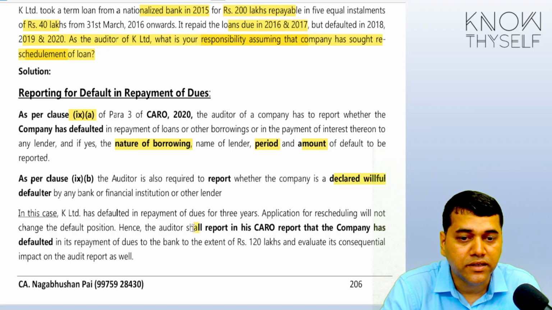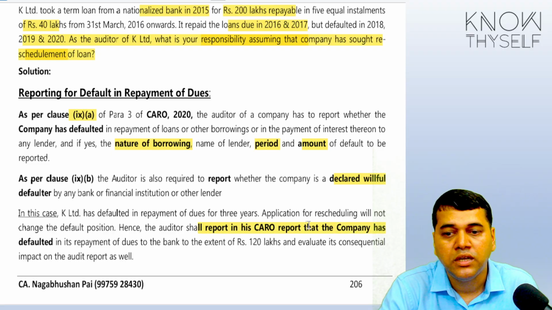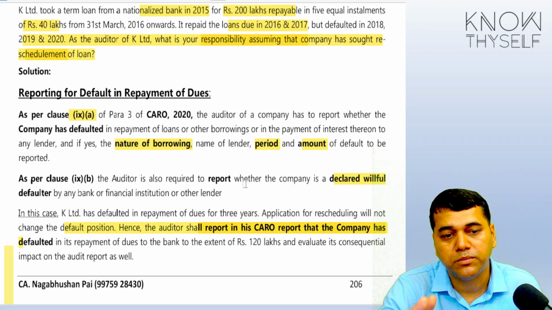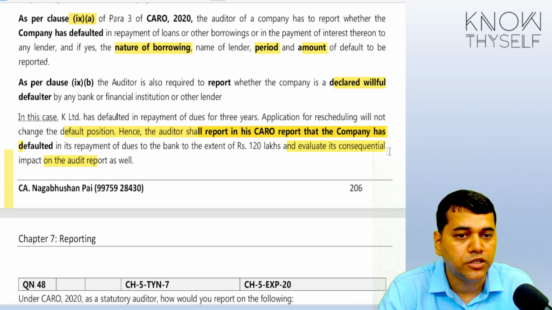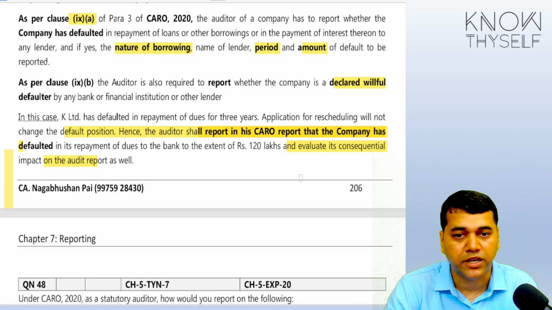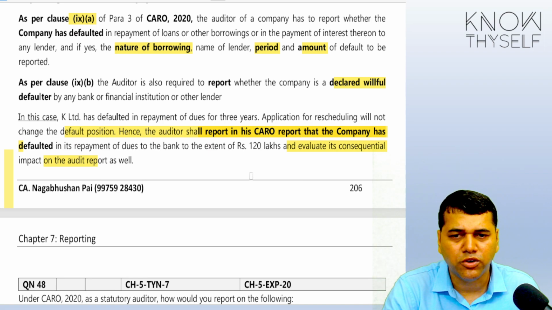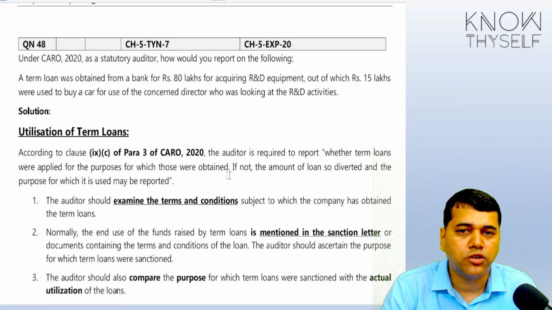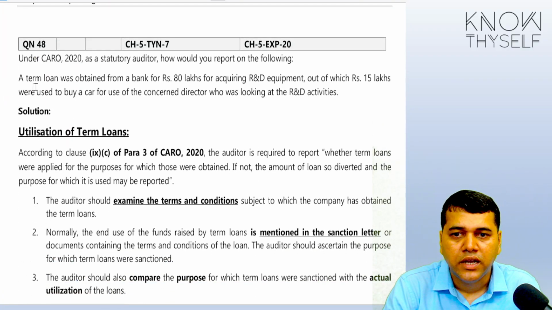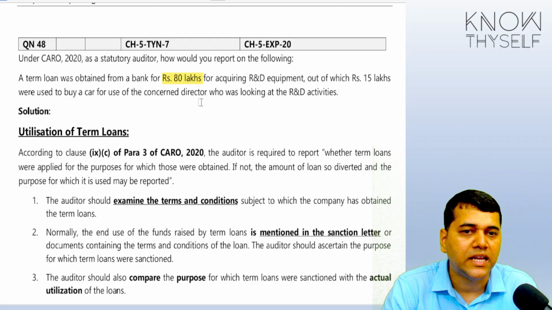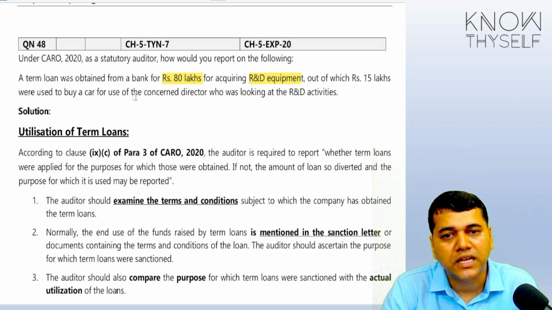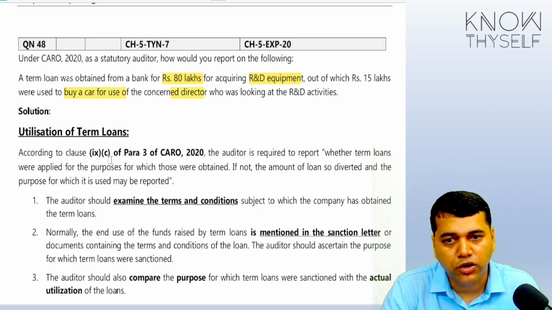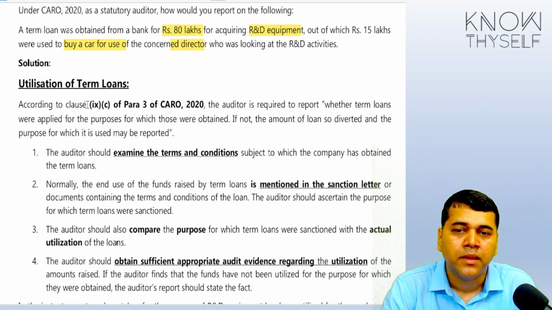So in the given case, the auditor shall report in CARO that the company has defaulted and so much amount is scheduled for rescheduling. He has to evaluate the consequential impact on the audit report as well. This is what you need to tell. Now, test your knowledge 7. Under CARO, a term loan was obtained from the bank of 80 lakhs for acquiring R&D equipment. 15 lakh was used to buy a car for the director. Yes, you have got a reporting requirement under para